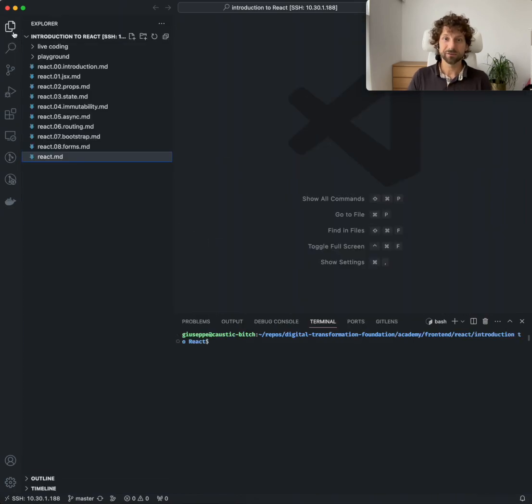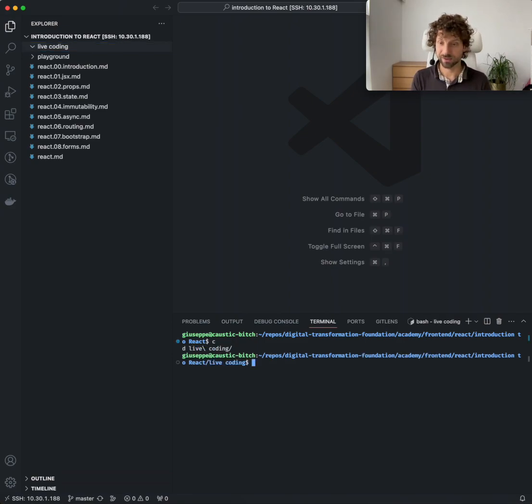Now, the first thing we're going to do today is I'm going to enter into this little folder, live coding, which as you can see is completely empty, and I'm going to set up the whole project. Okay, so